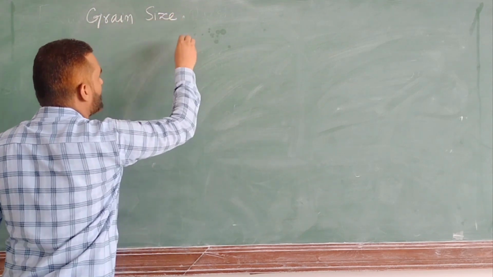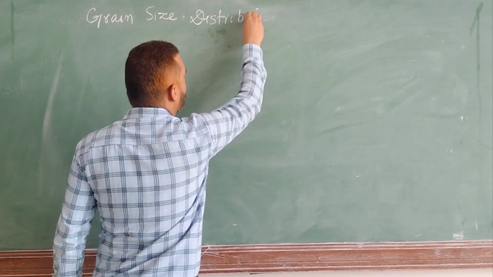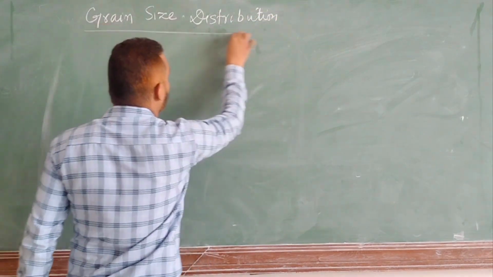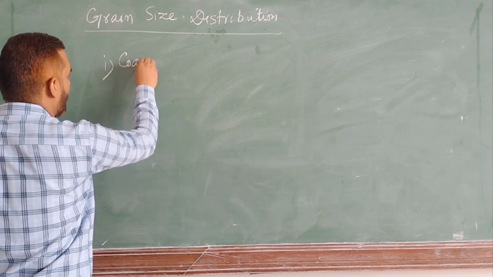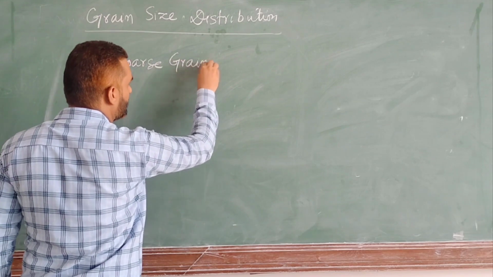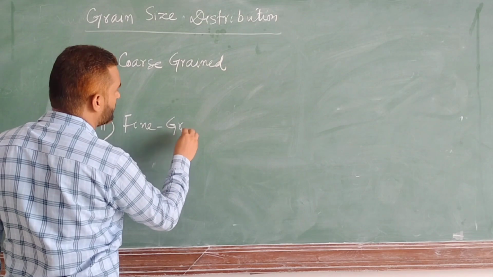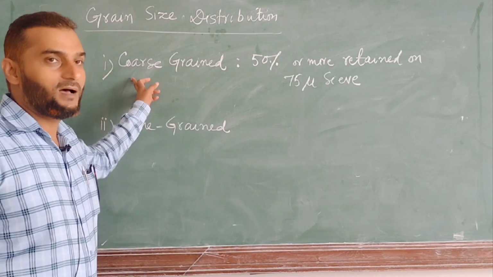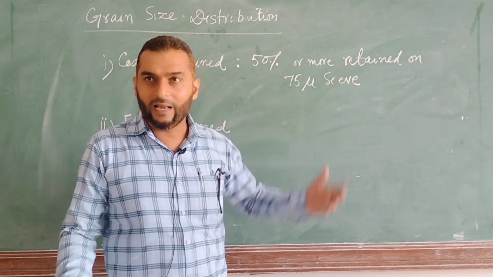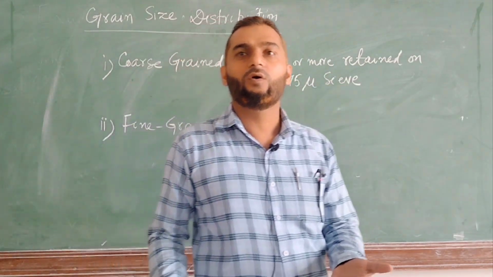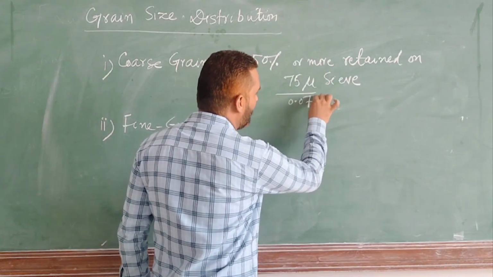Now we will learn about grain size distribution of soil. Basically, the grain size of a soil is classified into two categories: coarse grained soil and fine grained soil. Coarse grained soils are those soils in which 50% or more is retained on a 75 micron sieve, or we can say